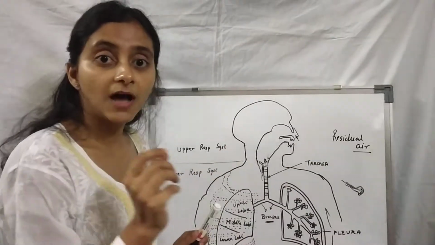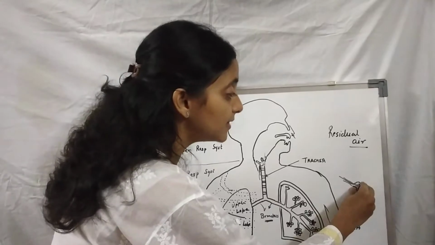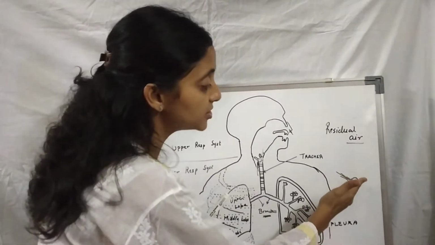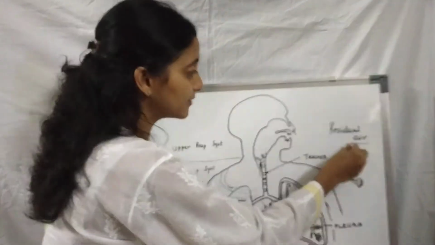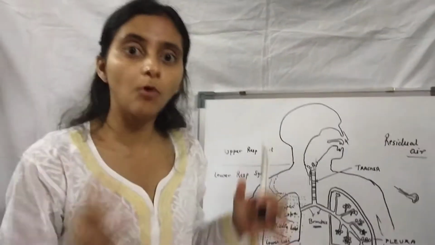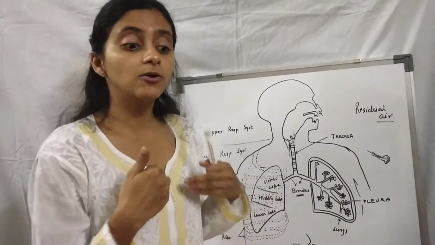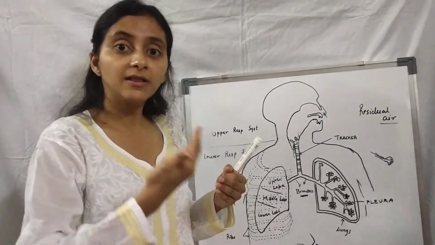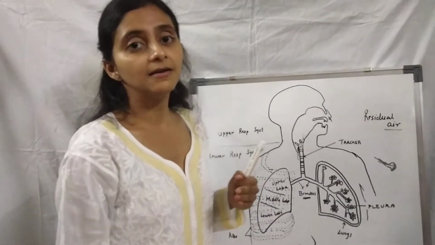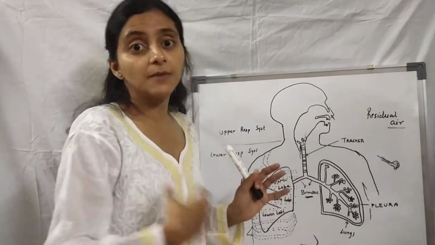Now in cases of asthma, patients who have asthma have more air trapped inside in the residual air. So the patient cannot breathe out completely. That residual air is there in everybody, but in them, above the residual air, even more normal air, which is part of respiratory exchange, also gets trapped inside, so they cannot breathe out. And when they cannot breathe out completely, it's difficult for them to breathe in, and that is the reason why they get breathless. These are conditions which are to do with the expiratory problems.